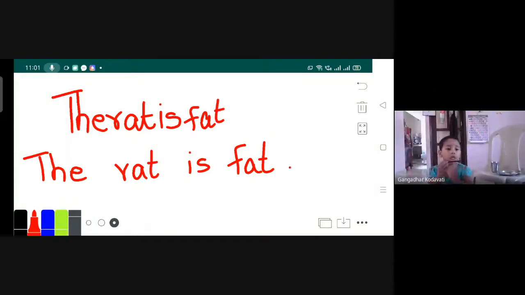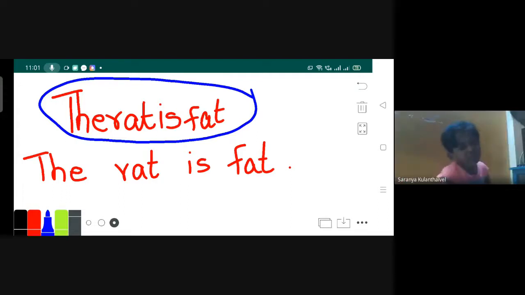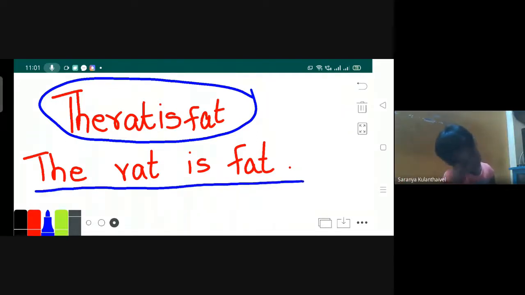Which is correct? Which way are you all writing? Are you all writing in this way? No, right? Everyone should write in this way. Have to give space and write. Okay? Then only it will look very beautiful when you are writing. When you go to higher standards also, your teacher is going to appreciate you for your handwriting. Okay? So equal spacing is very important.